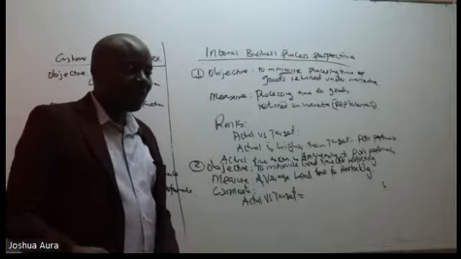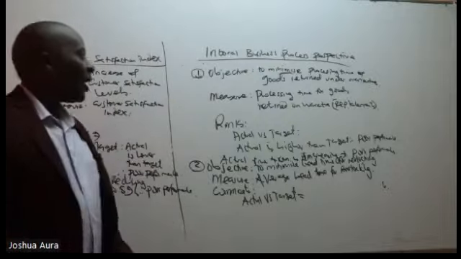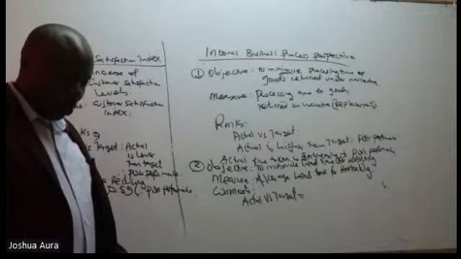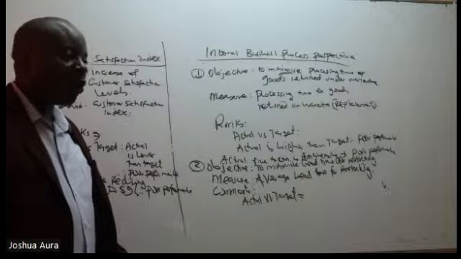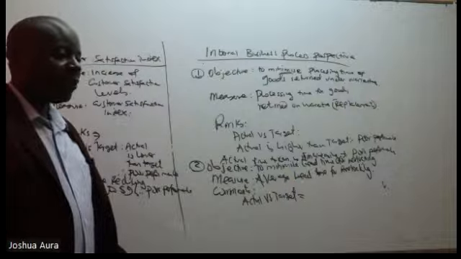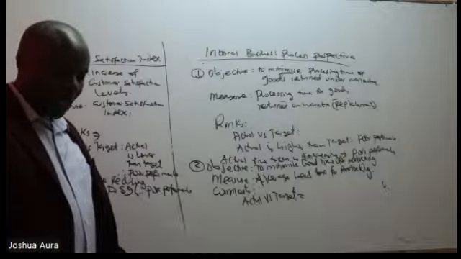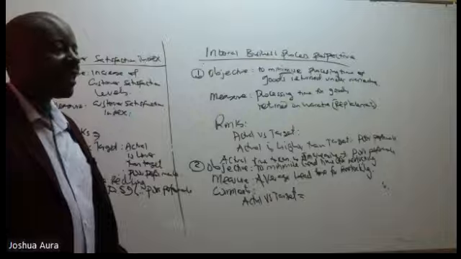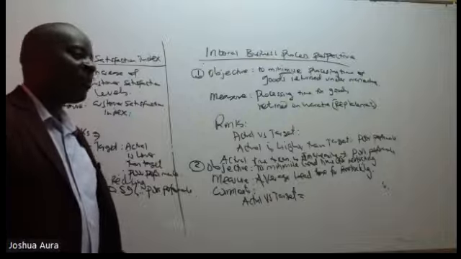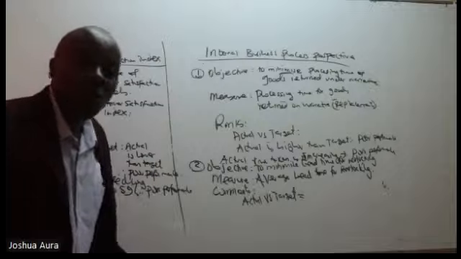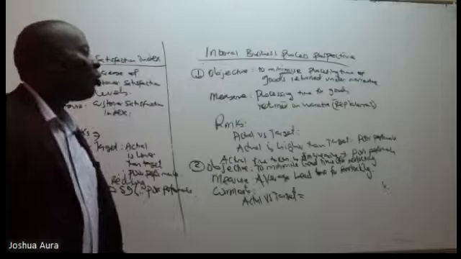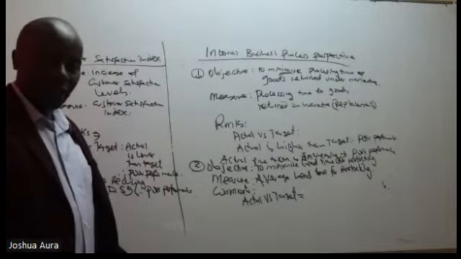Any other things, ladies and gentlemen, that you can pick up very fast under internal processes? Yes. Total number of staff grievances lodged. The third one is the total number of staff grievances lodged. Somebody may ask, why are we taking these under internal processes? Ladies and gentlemen, remember, this is a quality issue. Any quality activity goes under internal business processes.